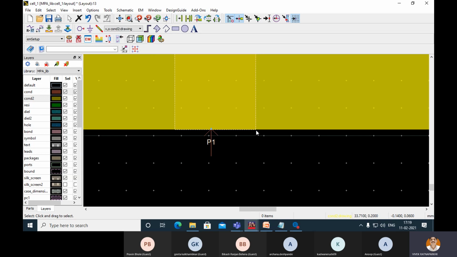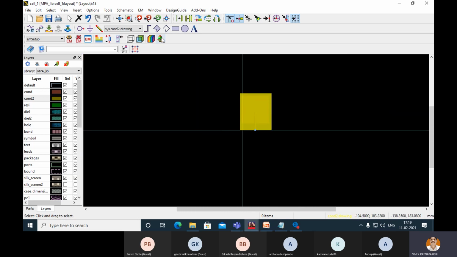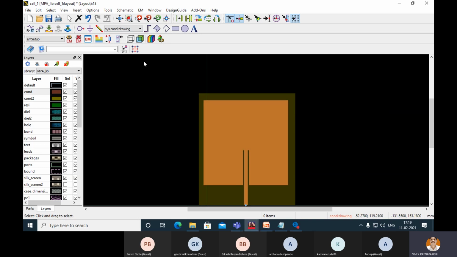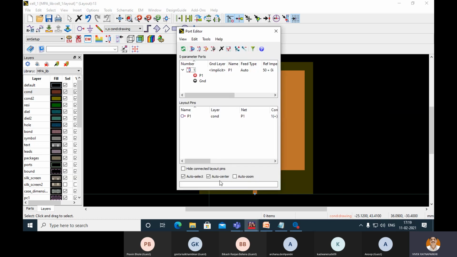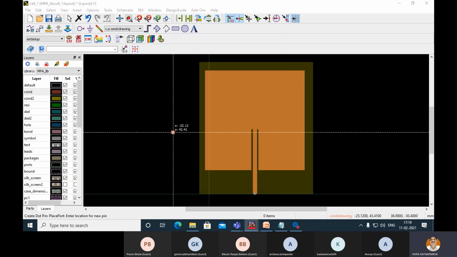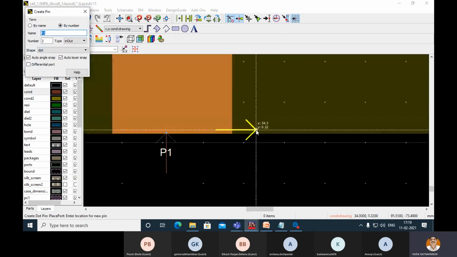Always good practice to find out the coordinates for patch as well as the ground plane. Again, I will come to the conv1 drawing. Now you can easily see that I have created a patch and there is a finite ground plane also. I will go and insert the port. Sorry, I'll go and insert the port on the ground plane